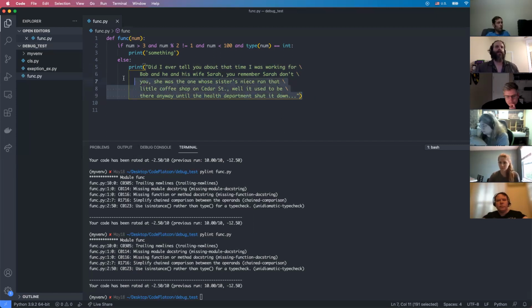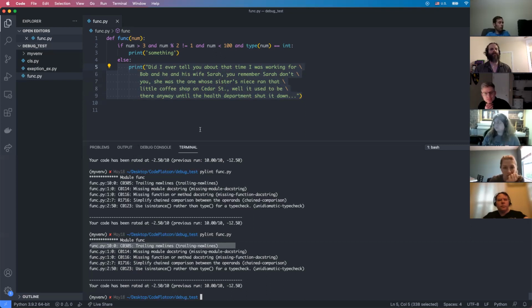Okay, so now we've broken it up. It's actually still one line, but in the editor, it looks like several. Now on line 10, we have trailing new lines. So what is that error about? It means that there are new lines after your parenthesis at the end of the print statement. Yeah. So if you do this,